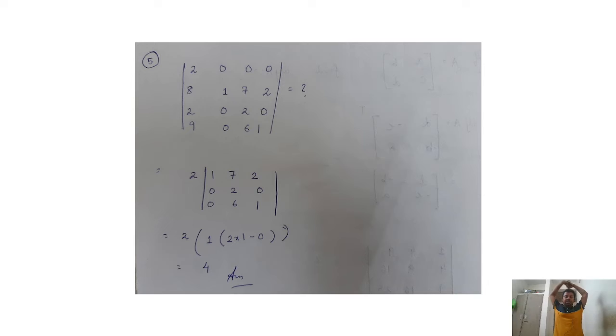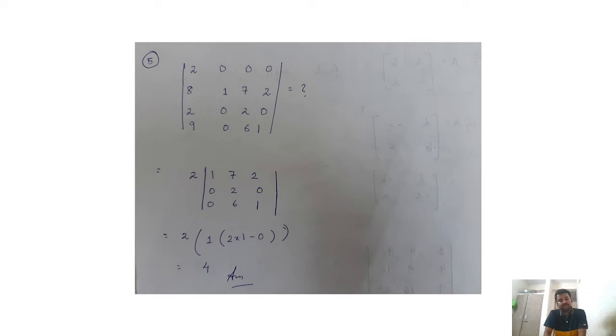This is more a simple kind of problem. Here also you have to find the determinant for this matrix. What you do is always take the first row, because in the first row the calculation will be simple, since we have only the first element as 2 and the others are 0, and 0 multiplied by anything is 0. So if you find the determinant of the matrix, it is 2, close the first row, close the first column, then we ultimately have the determinant of the matrix